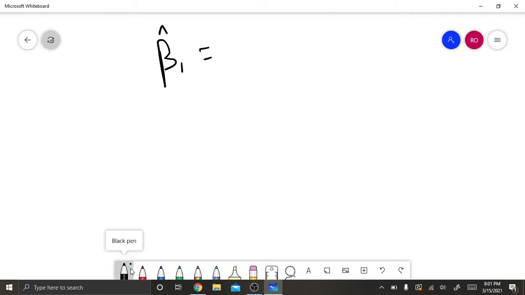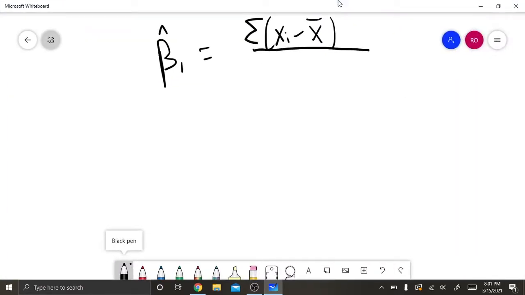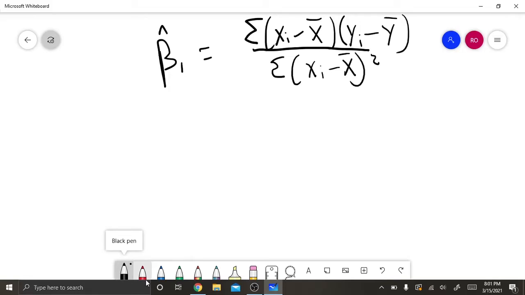We know that beta hat 1 equals, again, this summation over this summation. Okay, and the question is telling us that the regression line